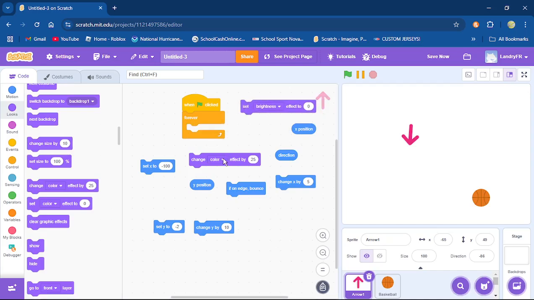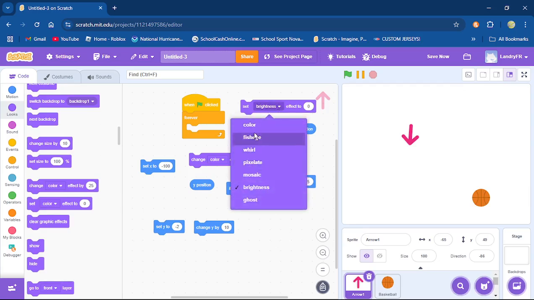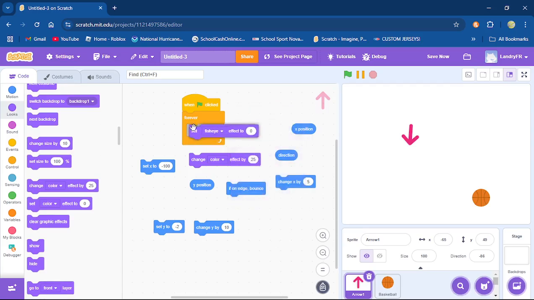So next, we did the brightness. I'm not going to go into great detail with these, all right? But they all basically change your graphic in a weird sense. I guess I can show you fisheye really quickly. I'm not going to do it in the forever loop though. As you do this, what's going to happen is it's going to grow from the middle of your graphic. It's going to cause a boil effect, like a bubble effect. It's going to bubble outwards from the center. Watch. See how you just keep changing it.